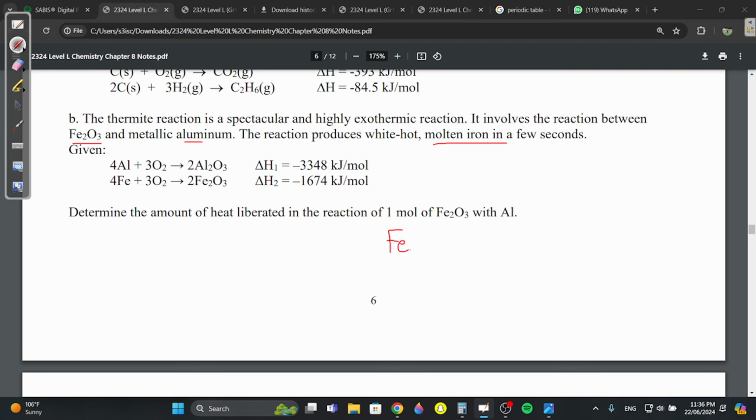So Fe2O3 plus Al produces iron, Fe. And I think it should just produce Al2O3. A question like this would be a bit hard to figure out, but they gave us Al2O3 over here. So we want this as, is this balanced? Should be 2Fe, 2Al. Yeah, I think this is balanced. If this is the reaction we want over here,